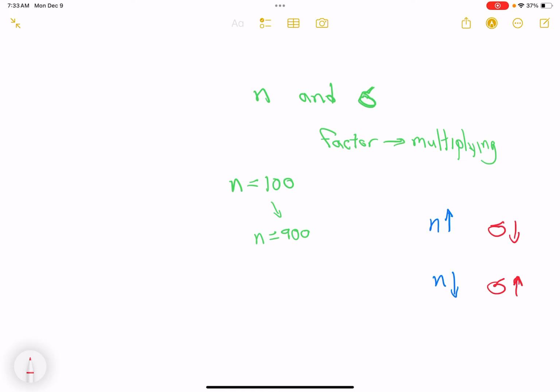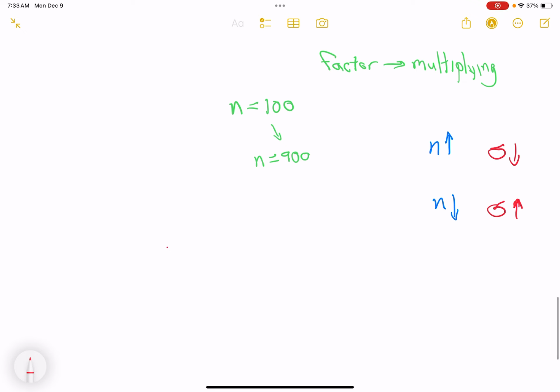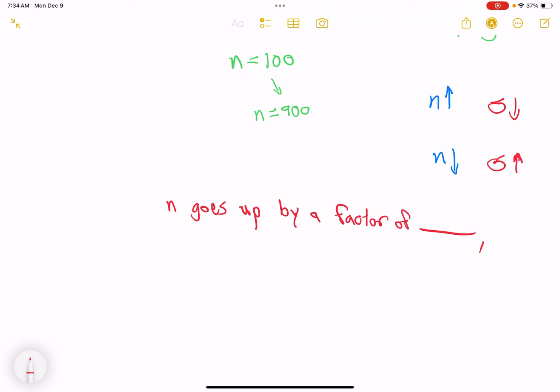So we already know between answers A, B, C, and D that decreases is the right answer, because we know that our sample size has gone up by a factor of 9 times. Therefore, our standard deviation needs to go down. And the rule of thumb is, let me make it super clear, here's the real phrasing: if n goes up by a factor of blank, standard deviation goes down